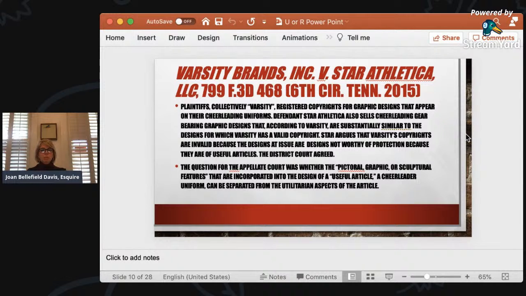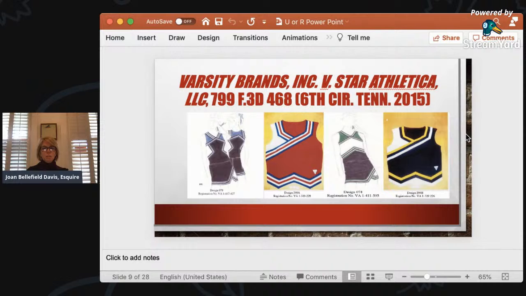The plaintiffs, Varsity, registered their copyrights for graphic designs that appear on their cheerleader uniforms. And the defendant, Star Athletica, also sold cheerleading gear bearing graphic designs that, according to Varsity, are substantially similar to their designs. So we'll go back and you'll see the designs that they were arguing over. They're basically stars and stripes, chevrons and the placement of the chevrons and stripes on these uniforms